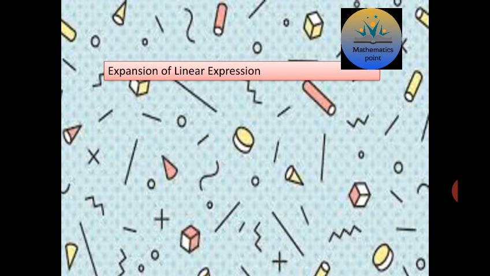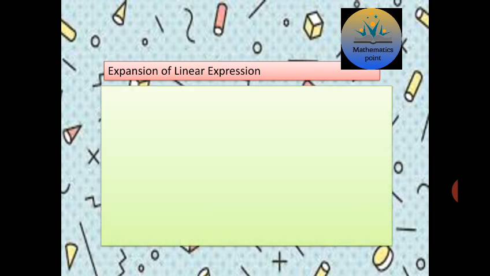Then the third topic is expansion of the linear expression. Now we will learn how to apply multiplication with linear expressions. As the 4 is outside the bracket, that indicates that 4 is going to be multiplied with all the terms inside the bracket. Here inside the bracket we have only one term, the 5x. So 4 will be multiplied with the 5x. 4 times 5 is 20, as 4 has a positive sign and the inner bracket term is also positive. So plus times plus is plus, and we get the answer 20x.